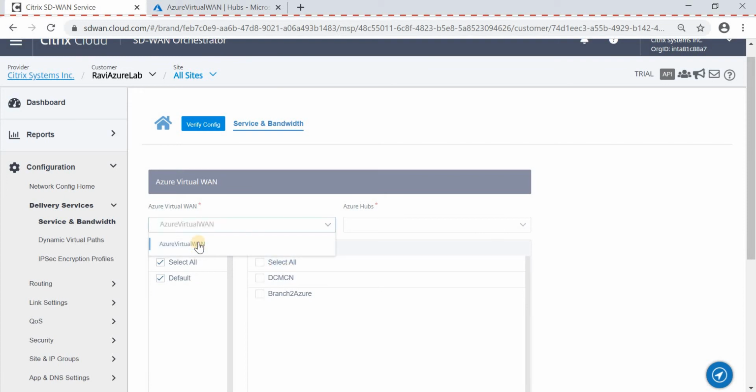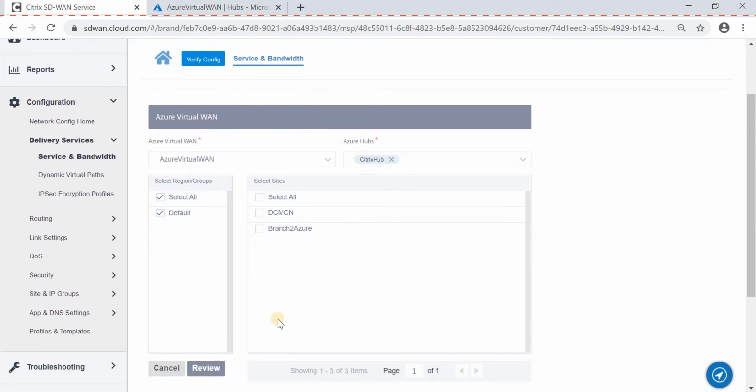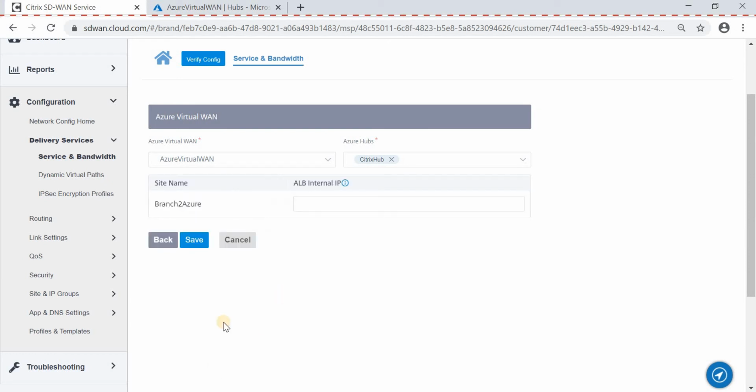Here we need to select the Azure virtual WAN that we have created on the Azure portal, and also we need to select the Azure hub that we want to configure over here. If we have multiple hubs provisioned on the Azure virtual WAN, we'll be able to select multiple hubs over here. And now we can select multiple sites or a single site that we want to add to this Azure virtual WAN service. For this demonstration, I'll be using branch 2,